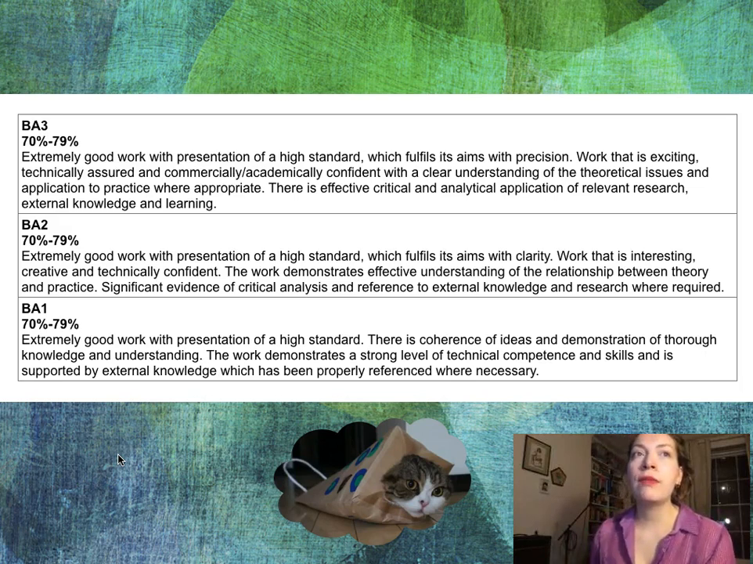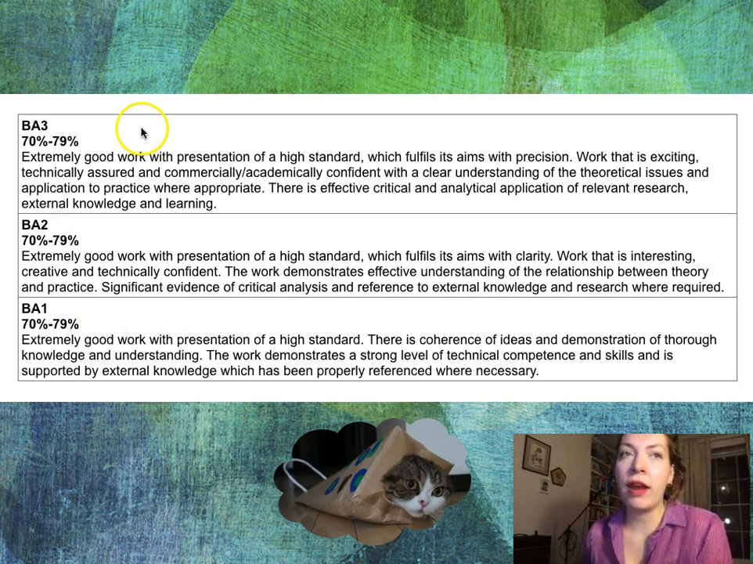So, for example, a first at BA1 is not the same as a first at BA3. At BA3 we expect commercially and academically confident work, lots of critical and analytical thinking, and really high level research. And at BA1 we're more interested in good supporting external knowledge and research, good referencing and coherence of ideas, but that high level critical thinking is not so essential for a first at level